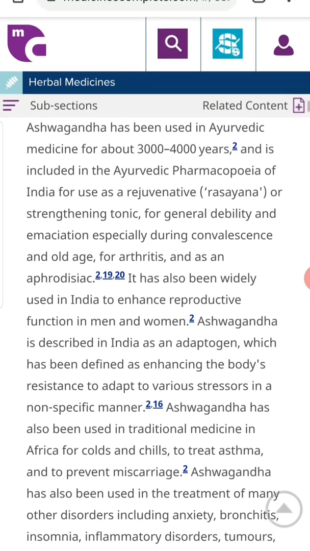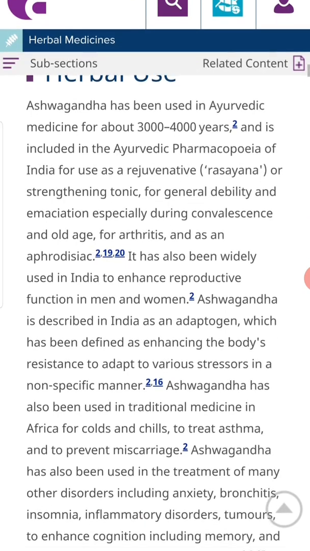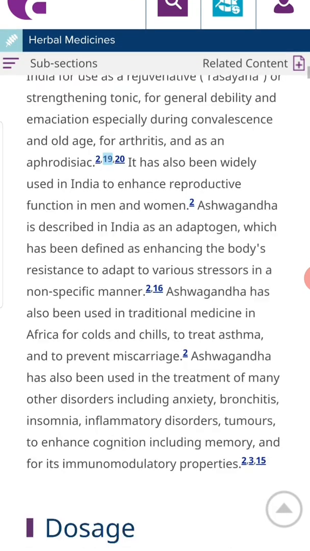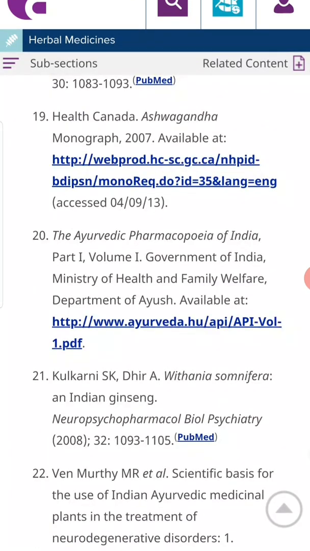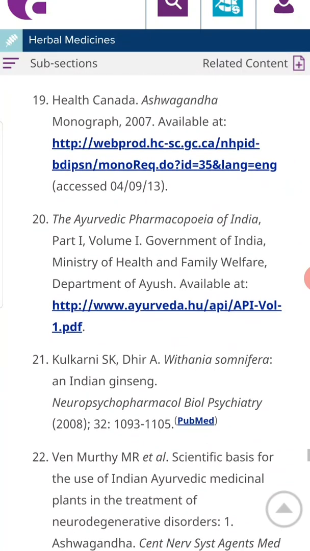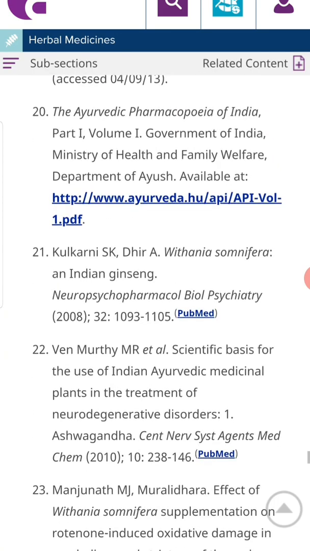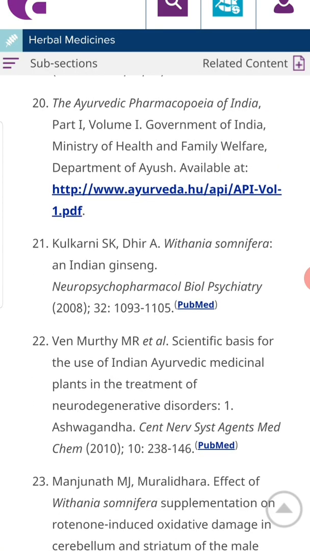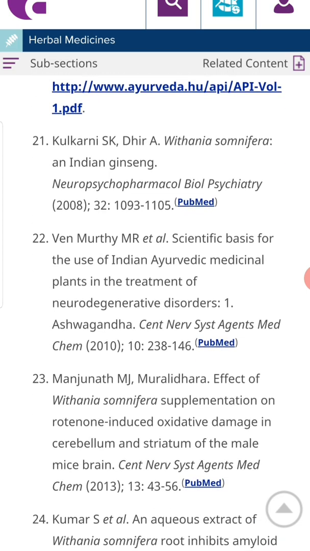So whatever the text which is given here is peer reviewed, and you are also going to get properly indexed and cited references, right? So you can observe the references mentioned here: Department of Ayush, Ministry of Health and Family Welfare, Neuropsychopharmacology and Biological Psychiatry, and Central Nervous System Agents in Medicinal Chemistry.